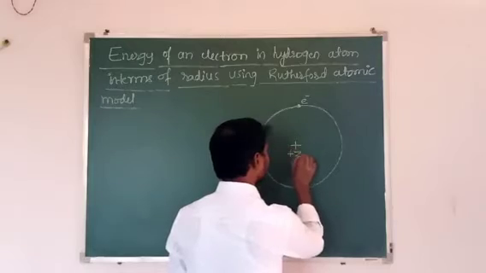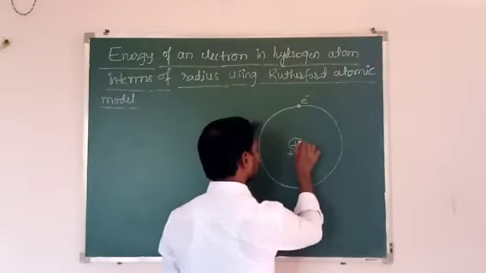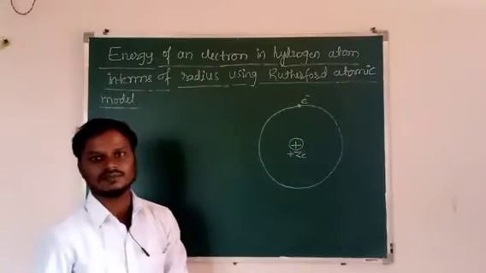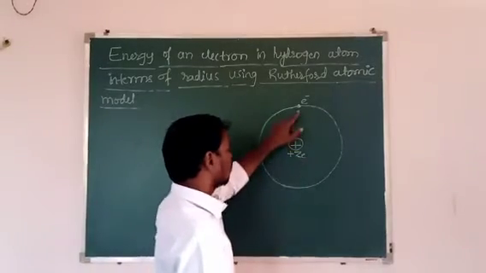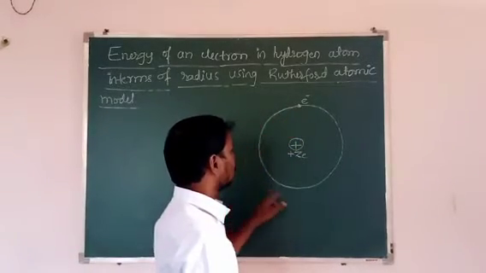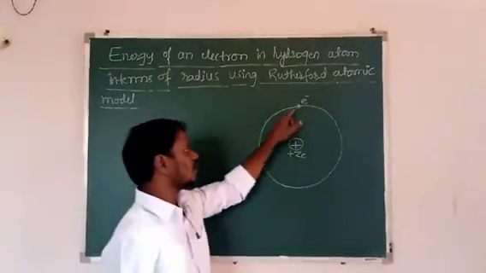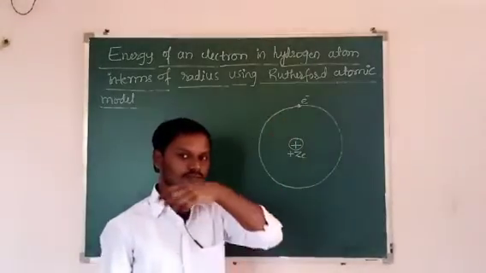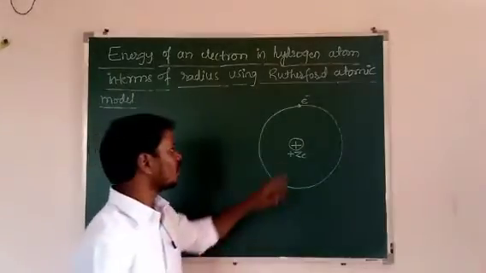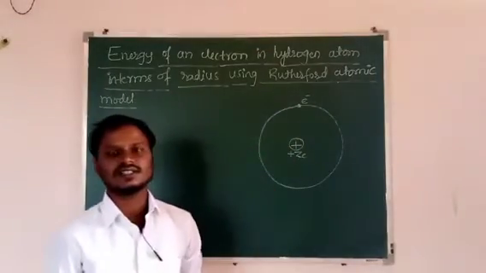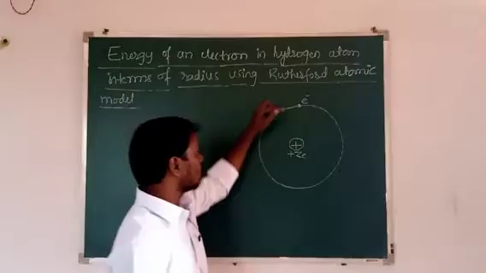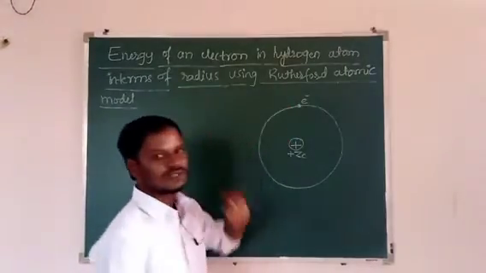This is the charge on the nucleus of the hydrogen atom. As the electron revolves around the nucleus, it has kinetic energy because of its motion. And this electron also has potential energy because the electron is bound to the nucleus due to the force